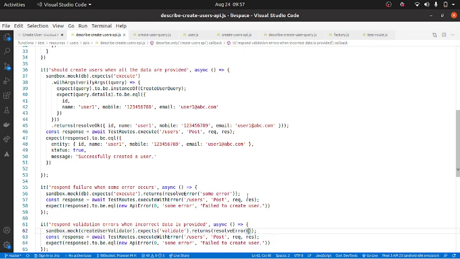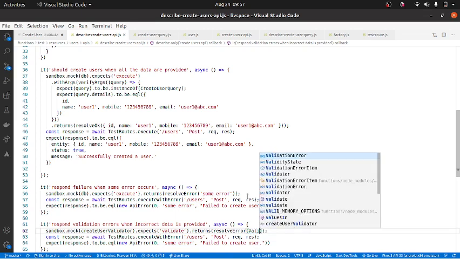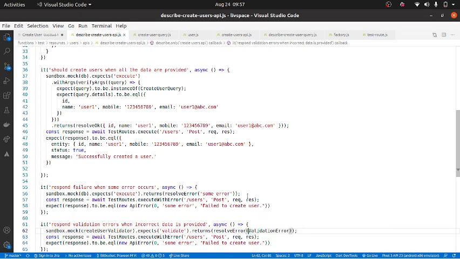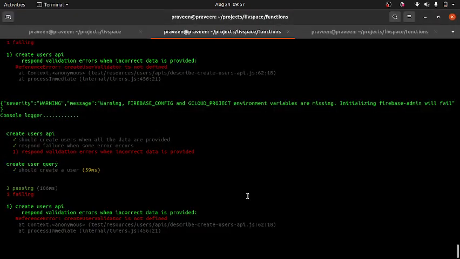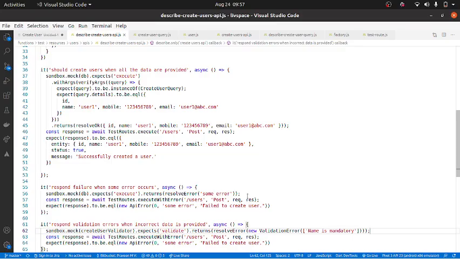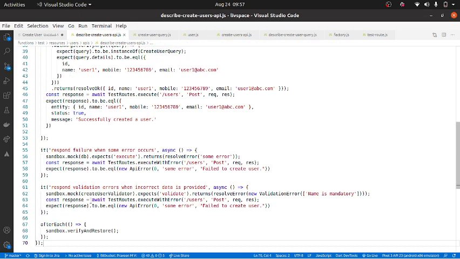This will be a new validation error, and it will have, let us say, name is mandatory. Right? Validation error, name is mandatory. And create validator is not defined. So I will go and do this.